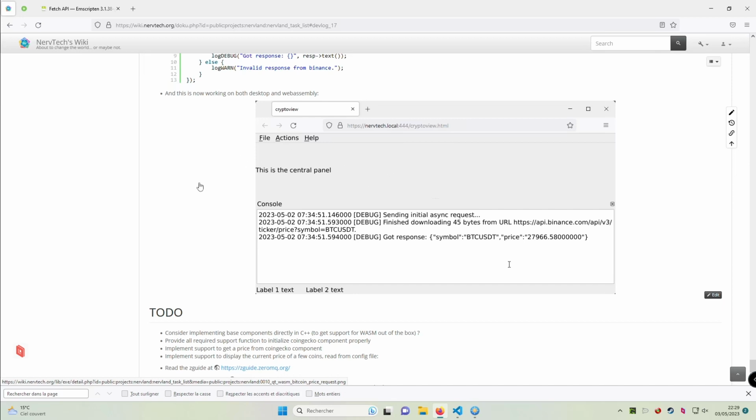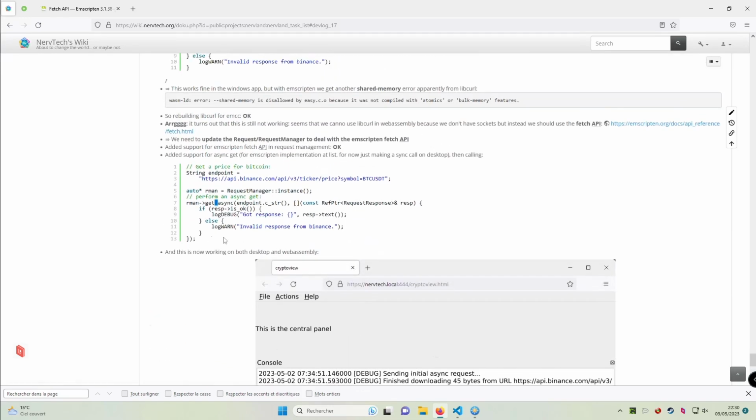Also, I have already found that you can use WebGPU to build your native application too, which is cool because it means I could use the same library to build the desktop version of my application and the WebAssembly version of it. So this will be for the next devlog, and meanwhile, happy coding everyone, and thanks